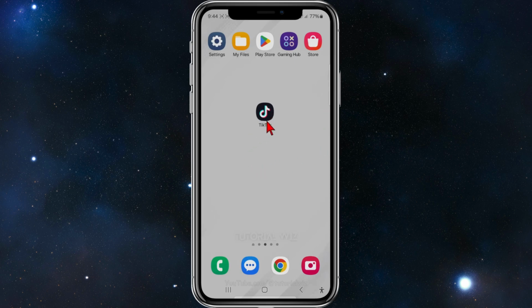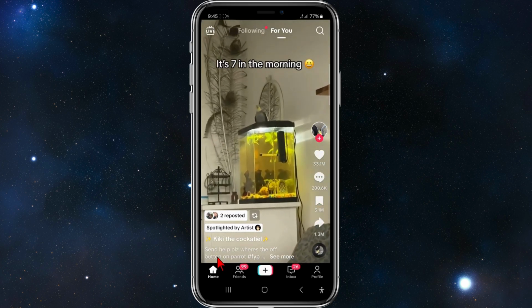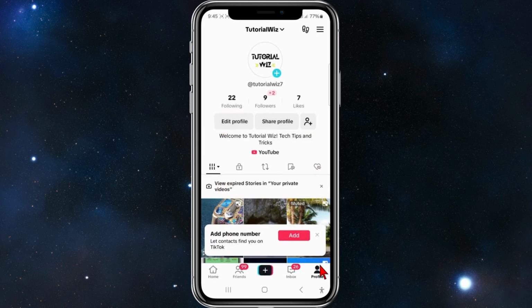Alright guys, go ahead and open up your TikTok app on your mobile device. Once you're inside TikTok, click on your profile down here. And then once you're inside your TikTok profile page, scroll up and click on the hamburger looking icon,